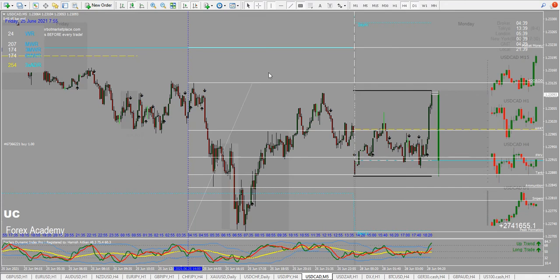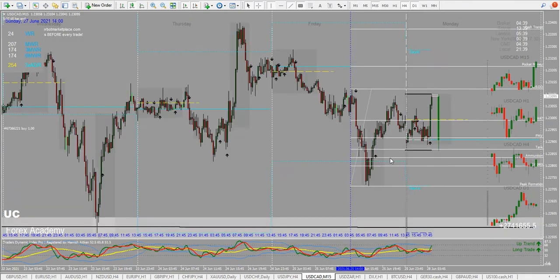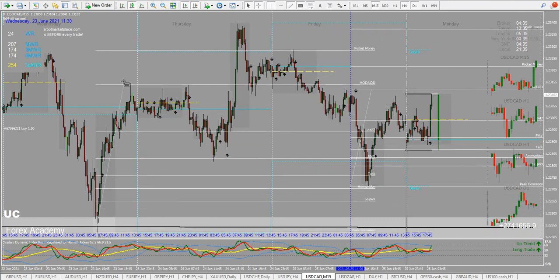From this low to this high, and what's funny about this is that the market was already trading within the fair market value, which is the 50% of this movement that happened on Friday. Then we had this retracement back to this zone, and then we have completed the previous move that they were looking to test. Let me see if I put my Fibo from this zone to this